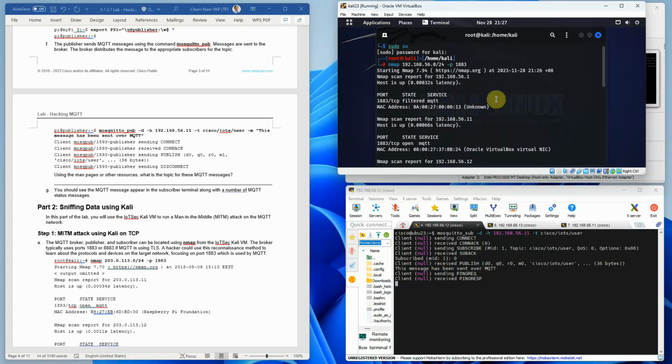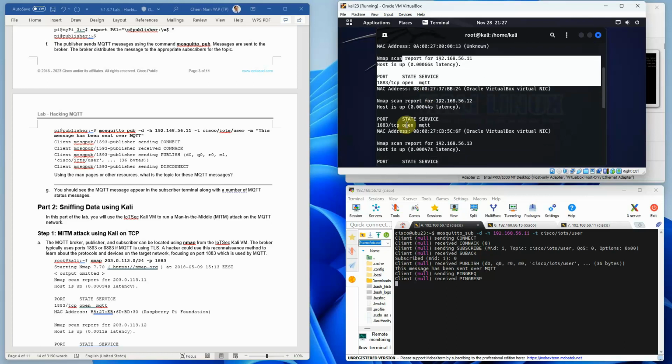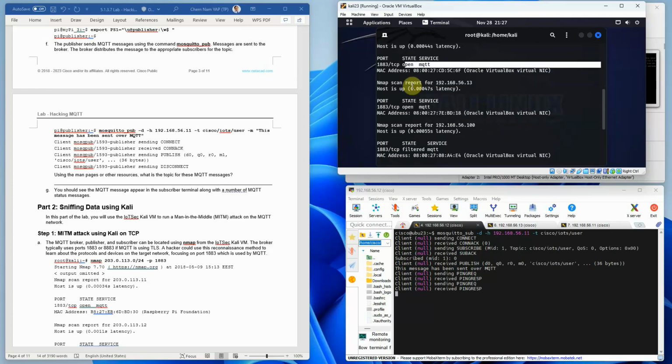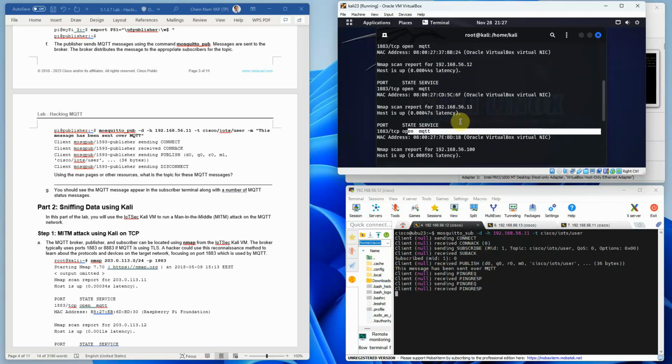11, there's an active MQTT there, 12 we have an MQTT there, 13 we have an MQTT there. So great, right? They only have this few devices that are MQTT. Okay, next what should we do? We're going to